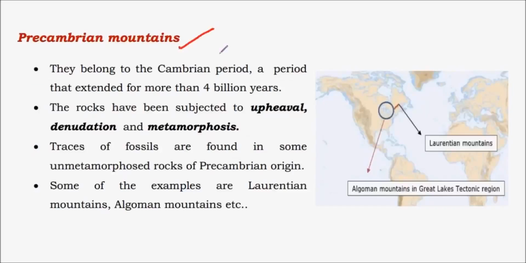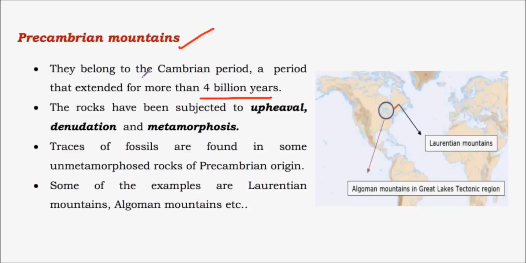Precambrian mountains are the mountains which are born during the Precambrian supereon. The Precambrian supereon extends from the birth of Earth till 500 million years ago. That is, they extend up to 4 billion years. And these mountains are now just